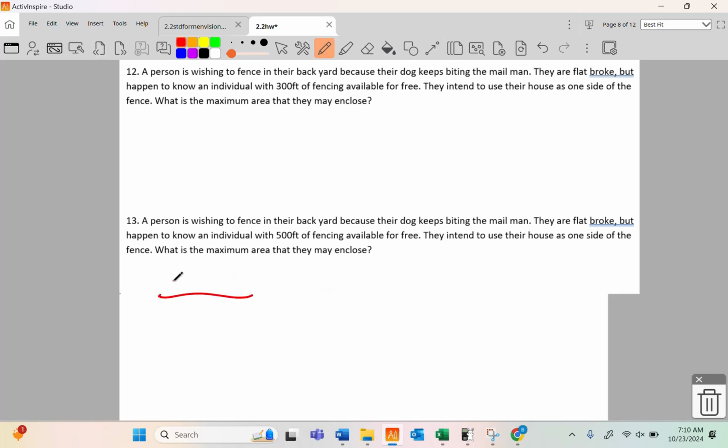So here you have their house, and they're building a fence. They don't need fencing along the house. The house functions as a fence. I want to know the maximum area. Area of a rectangle is length times width. And when you think about this, it's perimeter because you're involving the house. So the perimeter of this figure